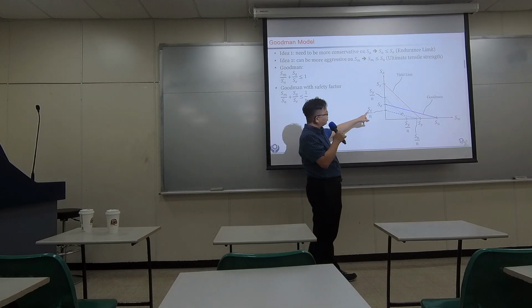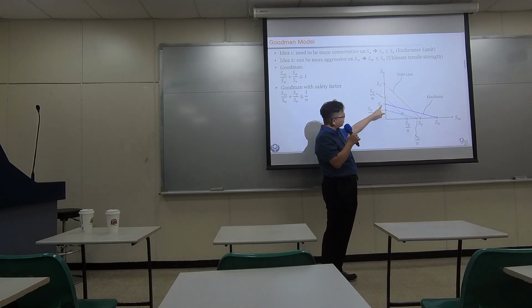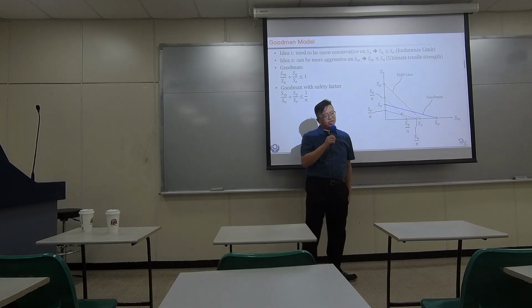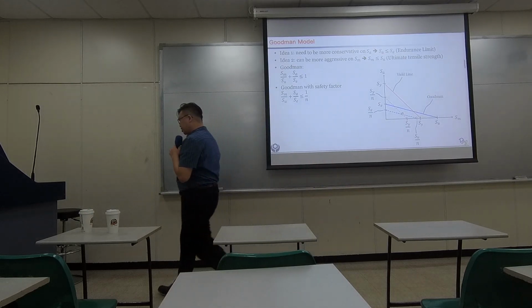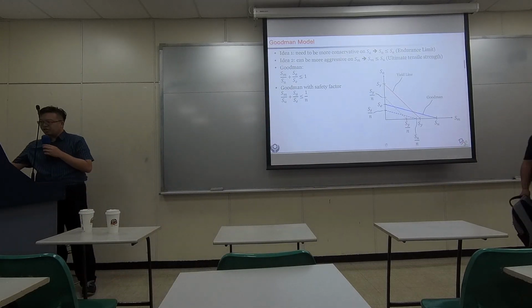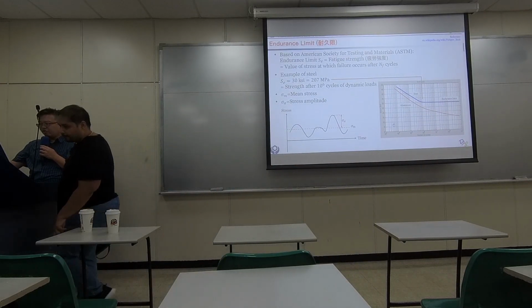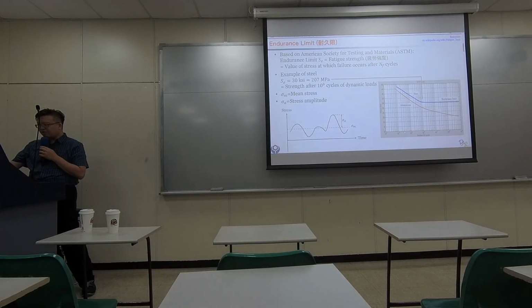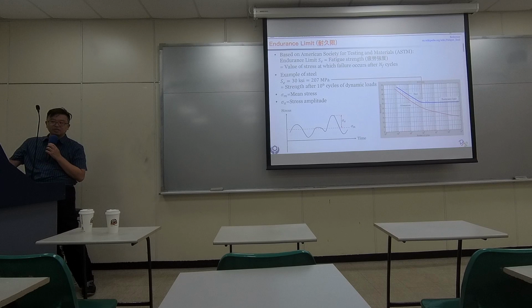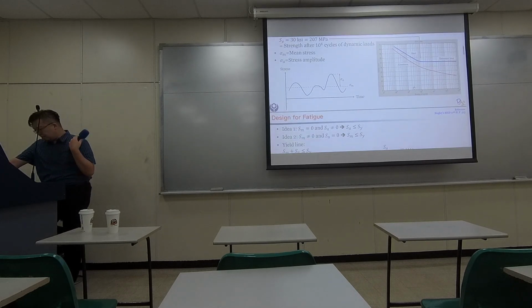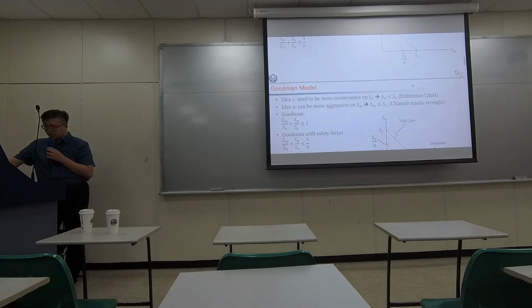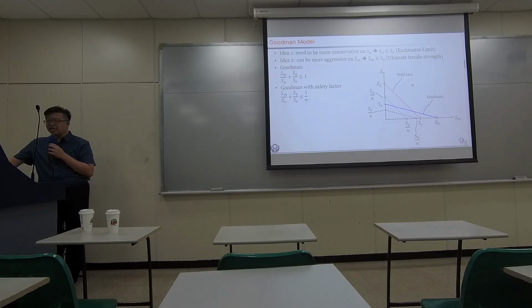That's the so-called endurance limit, right? So Se represents endurance limit, as what we mentioned in the previous slide. We said with numbers of cycles, the strength reduces, drops up to a certain point. Okay? So the idea is that